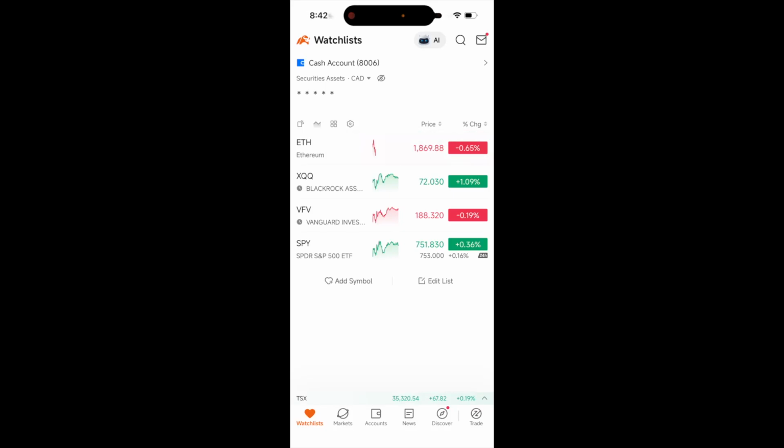This is how to trade gold on Moomoo. Once you guys open up Moomoo, go to the bottom bar and then select the markets icon in between accounts